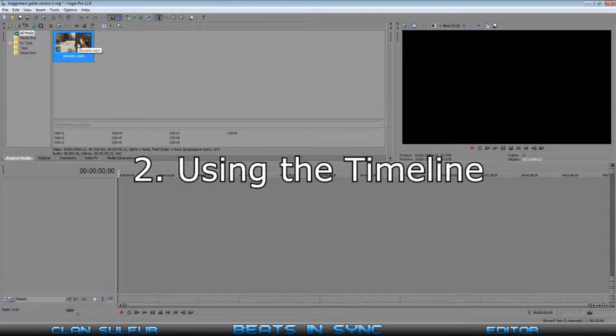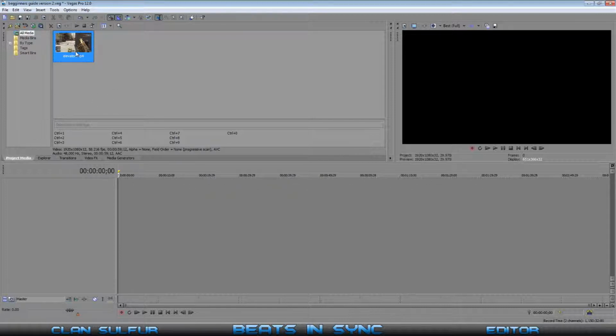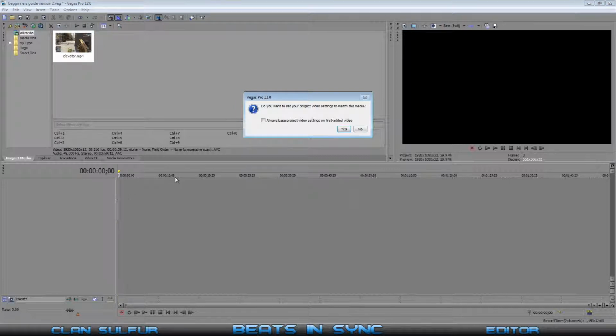Now to add your clips to the timeline, you can drag it from your Project Media tab. You just drag and drop onto the timeline like so. Now as you notice, this box will appear. It might not appear, in my case it has done, and that's basically saying that my project has different settings